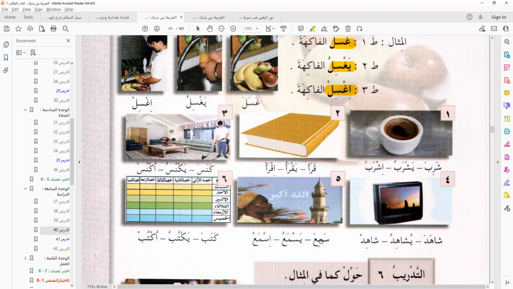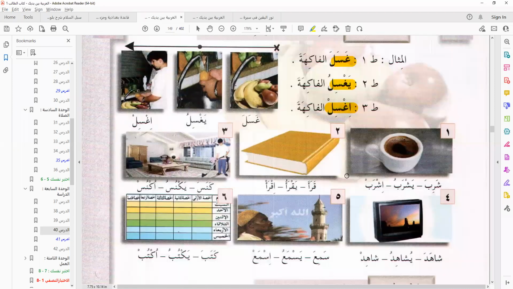Sami'a, Madi, Yasma'u is the Mudari', Isma' is the Amr. Kataba, Al-Madi, Yaktubu, Al-Mudari', Uktub, Al-Amr. So forming a sentence from this is very simple.